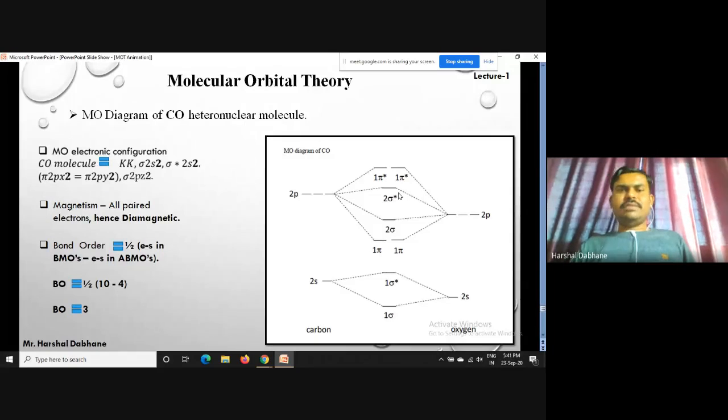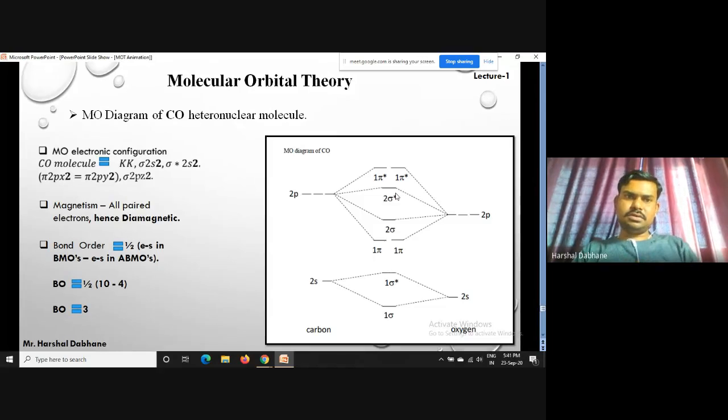So what we do, I will provide you this matter in my own handwriting, and I think we also have this diagram in our books. So we go through that. We already talked about the CO molecule. Collectively we have 14 electrons, so the bond order should be 3. Actually, when we write down this molecule, we have only a double bond between carbon and oxygen, and there is a negative charge over the carbon atom and a positive charge over the oxygen atom. So this is the CO molecule. All electrons are paired, so that's why it is diamagnetic in nature.